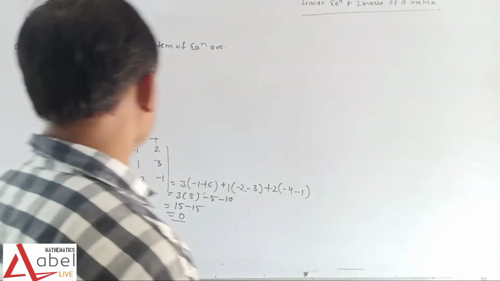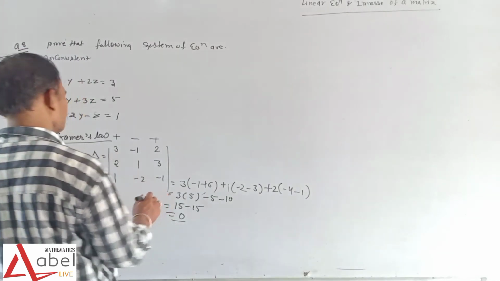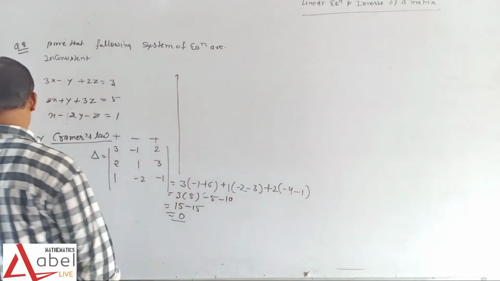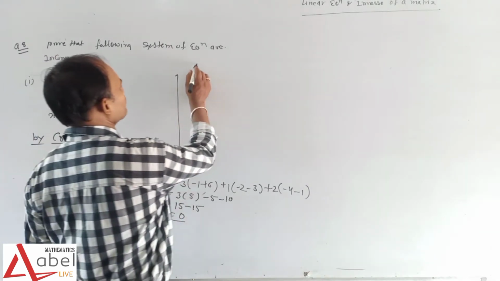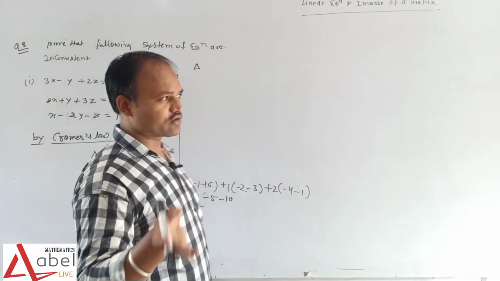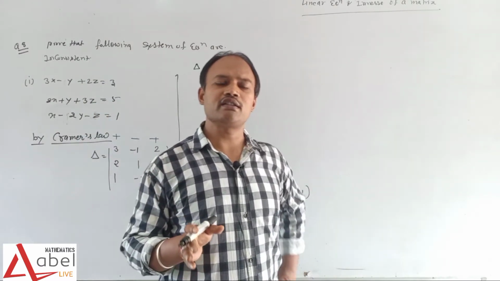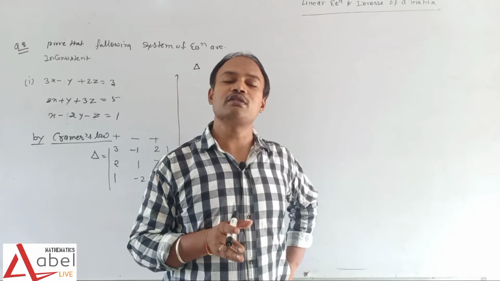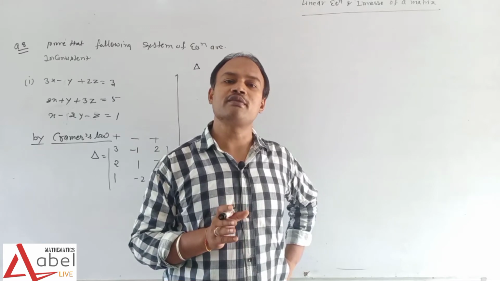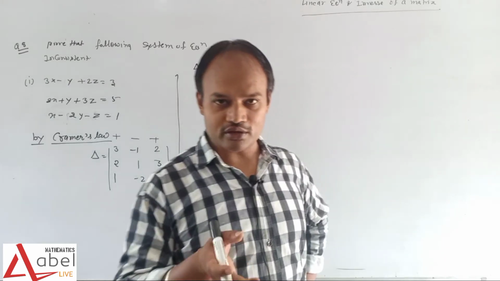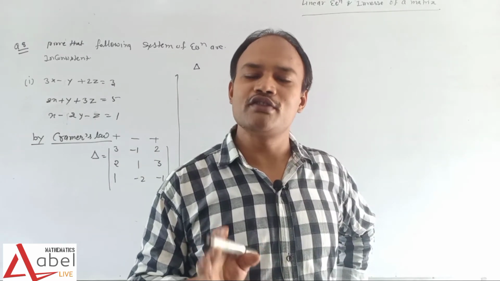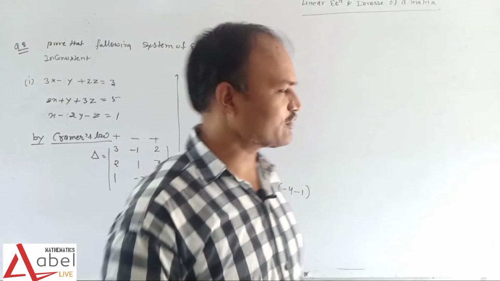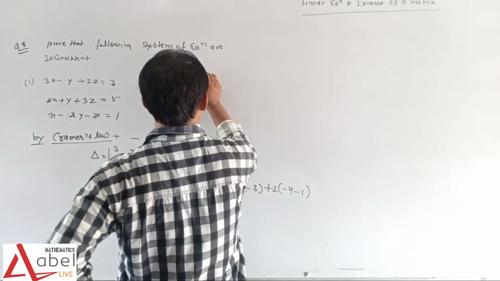So let's see, it's not a problem to solve, so we are going to try this question. We have to find delta 1, delta 2, delta 3 also, to find whether they are 0 or not. I know very well that they may not be 0, because when we check consistency, delta equals 0, so something upon 0 is infinite, so we can say that it is inconsistent, but we are going to solve this. So let's see delta 1.